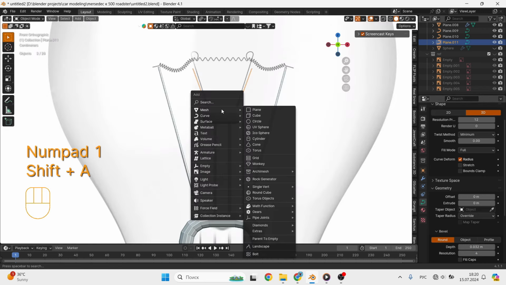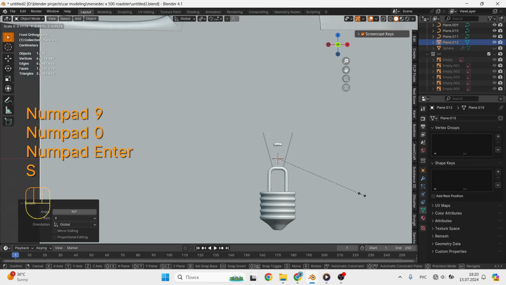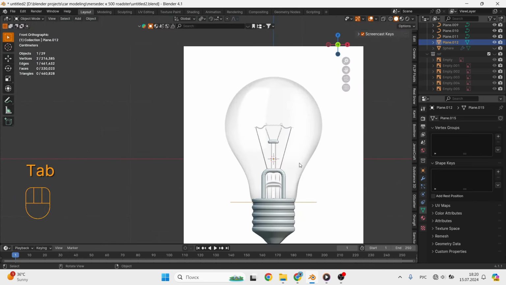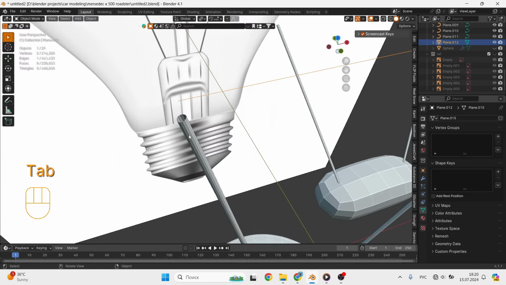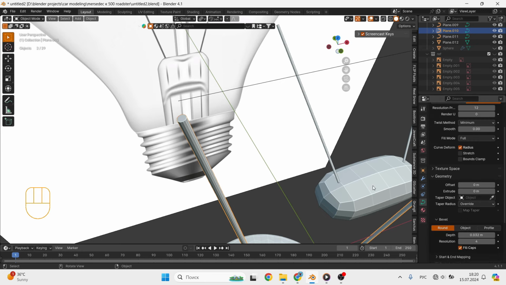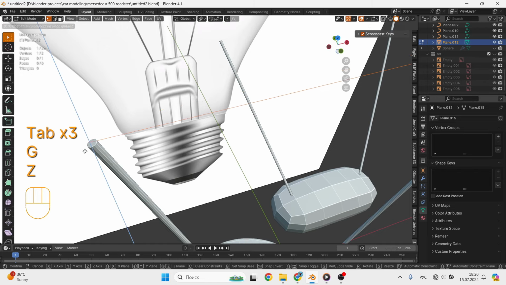Well, one more detail that needs to be made is a spring, the one that heats up and emits light. To do this, we create a plane, delete two of its vertices, and we are left with a straight line. We place it at the ends of our antennae in such a way as to unite them.